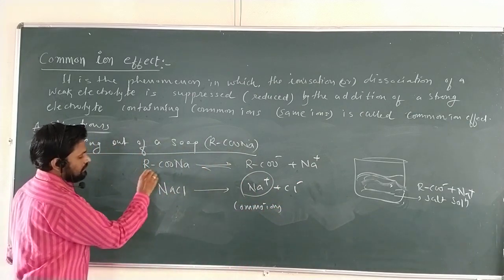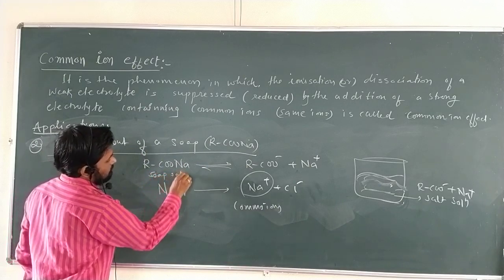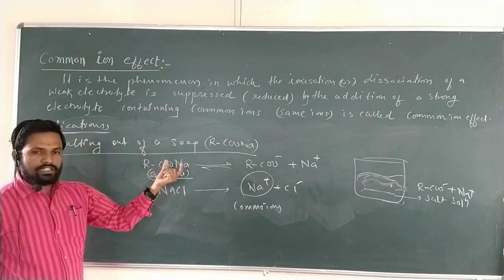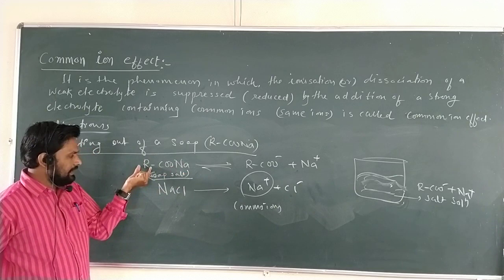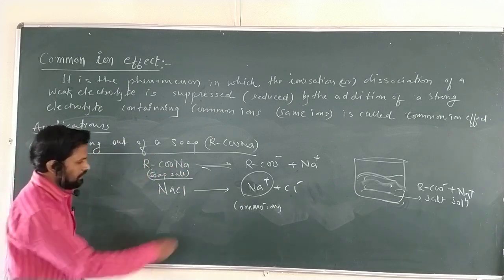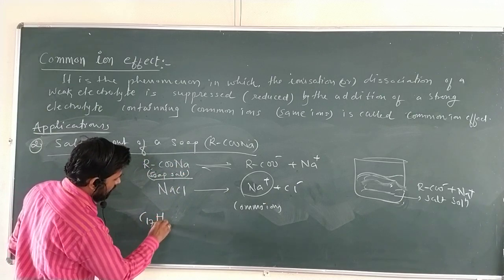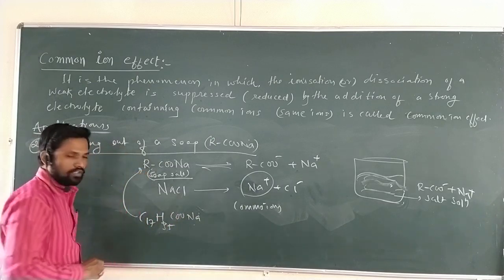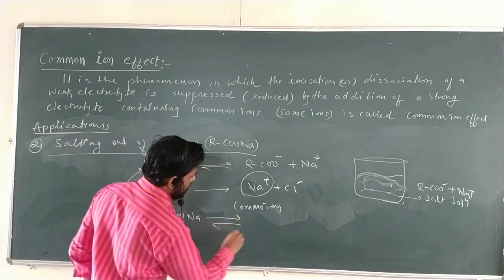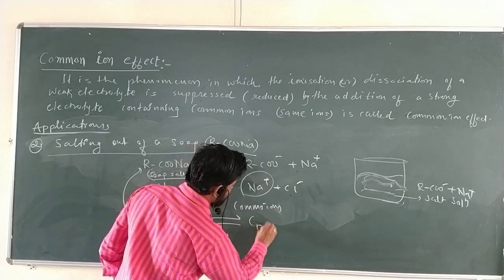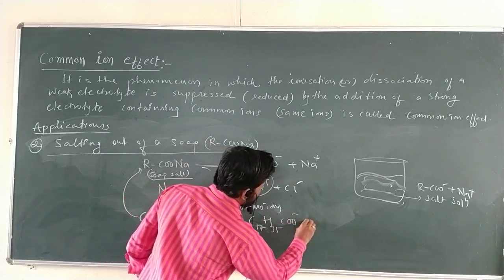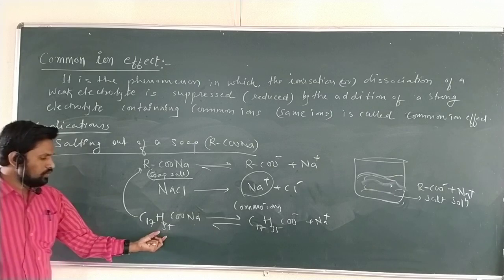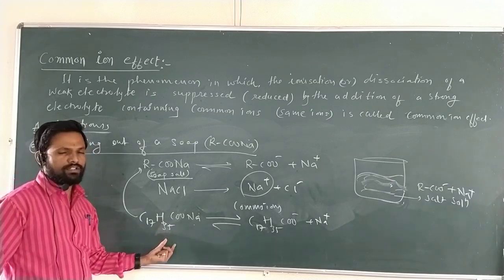See, what is this? This is soap, a salt. How can it be precipitated out? Soaps are sodium salts of higher fatty acids. Higher fatty acids means more than carbon number 15. For example, I will take C17H35COONa, which is an example of a salt of higher fatty acids. It can be written as C17H35COO negative plus Na plus. This is sodium stearate, a soap salt.